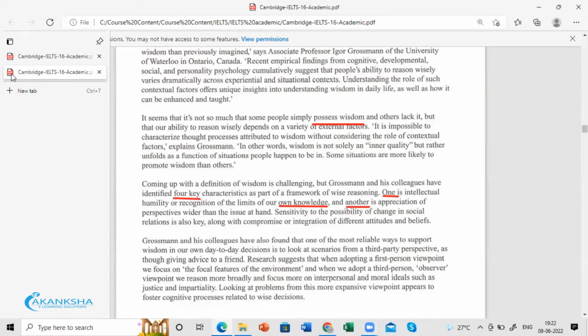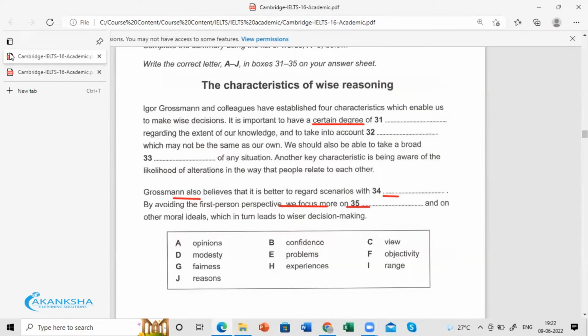Certain degree means it is the limit, of the limit that we in fact have here. So once we get that certain degree, means the word limit, that would actually tell us